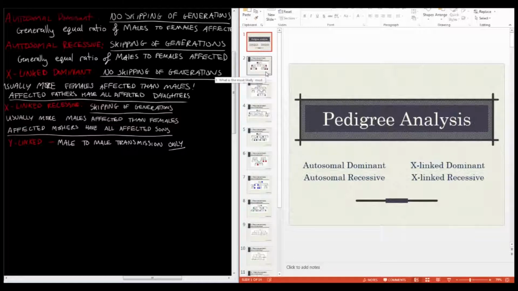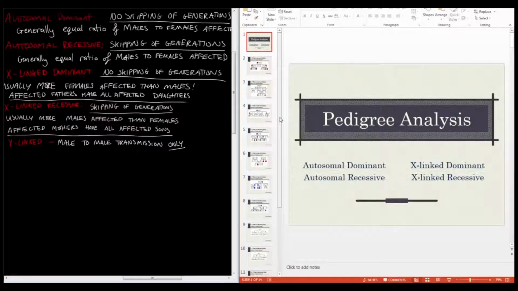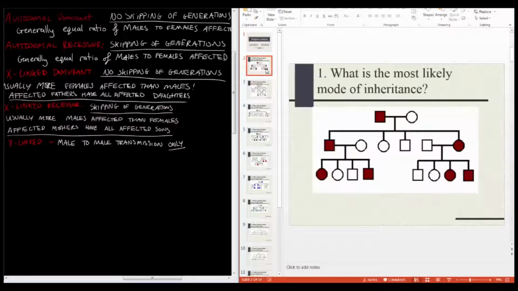explain what type of inheritance pattern they are, and then at the end I will cycle through the whole slideshow with a few seconds on each one so that you can pause the video and analyze it yourself and write the answer down, and then at the very end I'll give you the answers and you can pause as you go along. This is your time to practice. So for this first one,